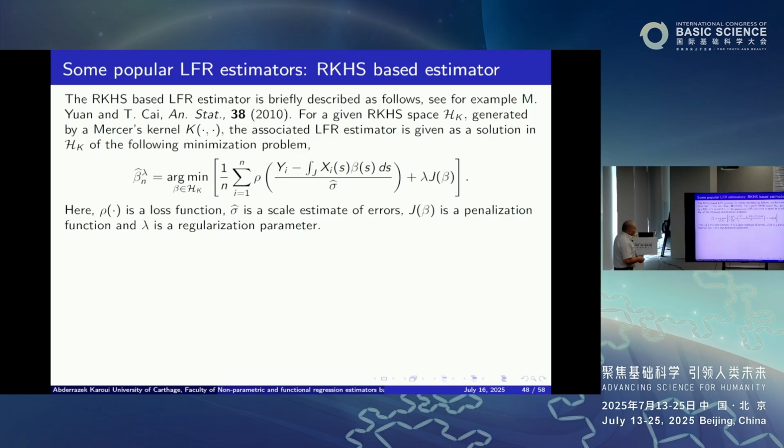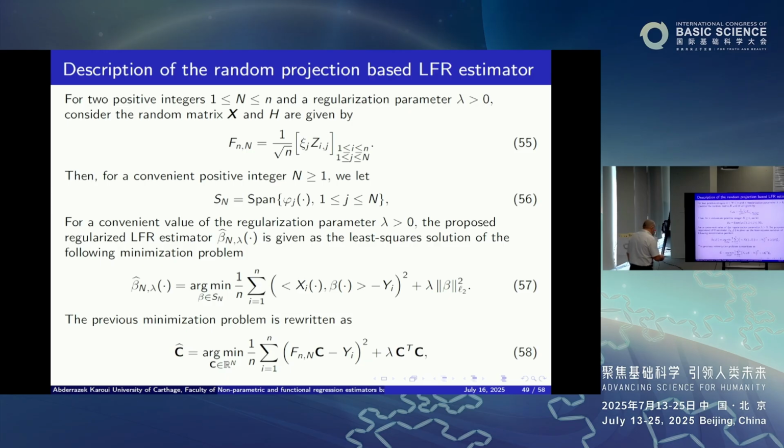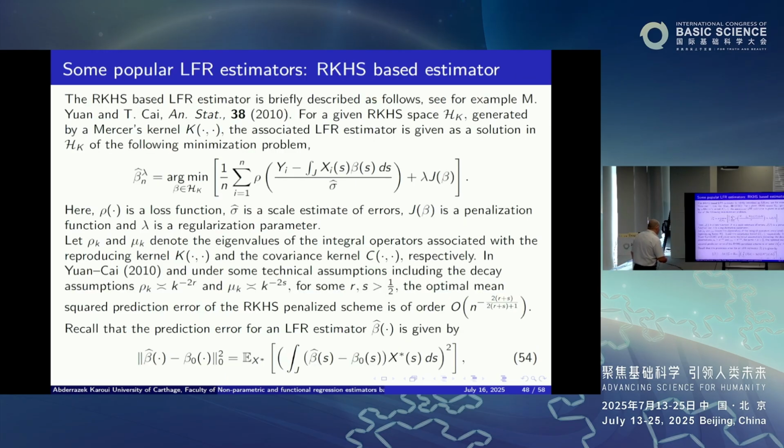So the method that we have described for non-parametric regression can be adapted for linear functional regression. We are going to use another completely different method. What Yuan and Cai proved, under some condition about the decay of the eigenvalues of the kernel integral operator and the covariance operator,